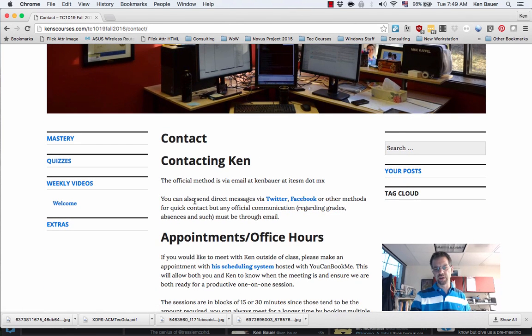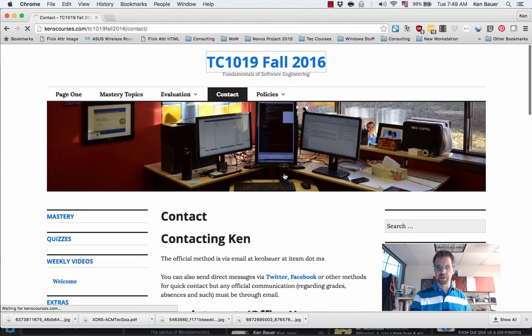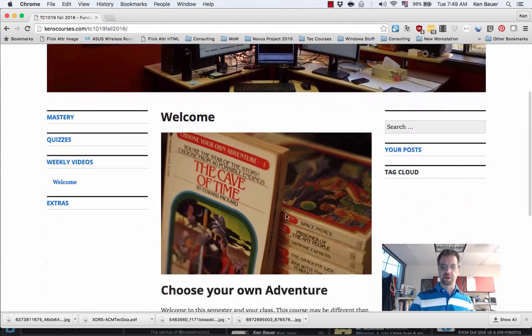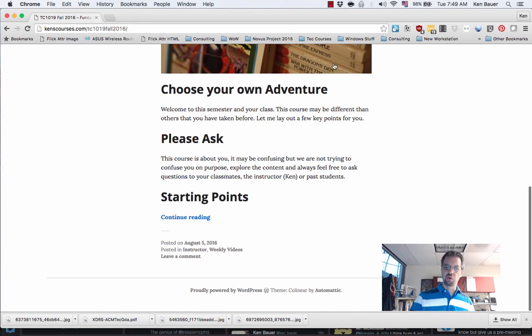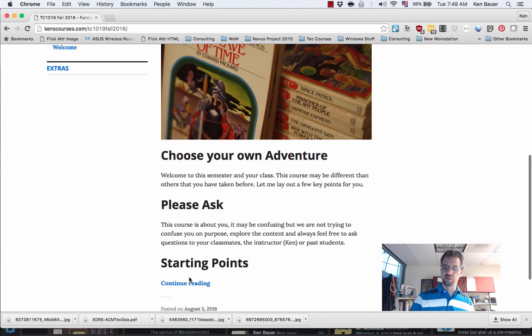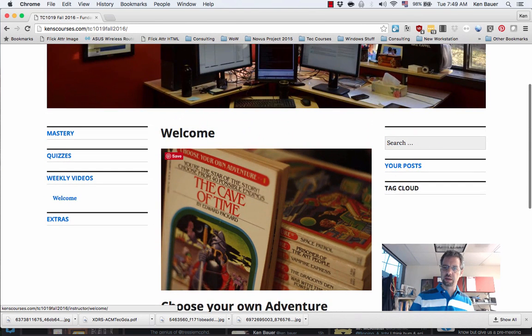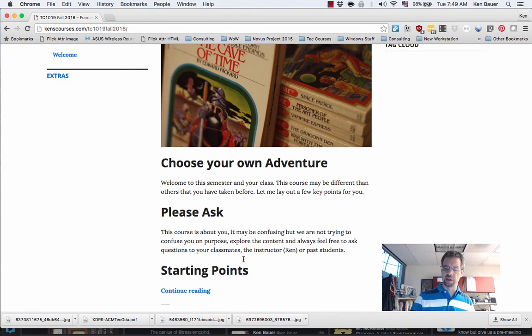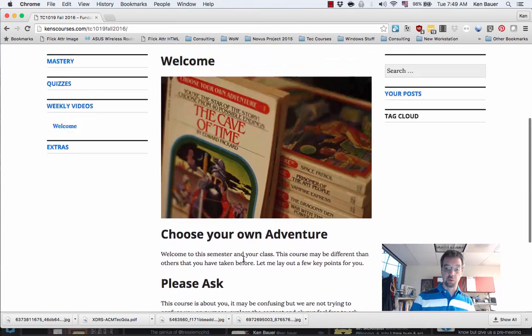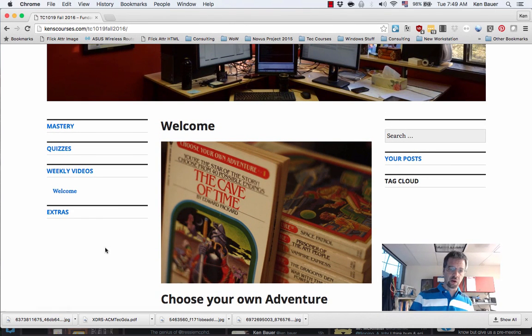And then in the middle, you've got your content. So let's go back to the front page. If you go back to the front page, there's the content. The content will show recent blog posts of mine or yours, actually. I tend to have that continue reading link inside my post so that it just shows an excerpt here. There's only one post, it's just this one. Content from Ken on the left, content from you on the right, and that's where the details get into publishing your own blog post. I might post about different mastery topics. I might put up some quizzes.